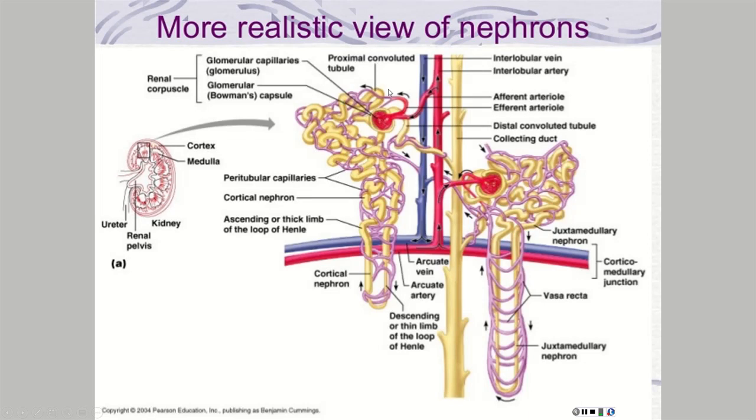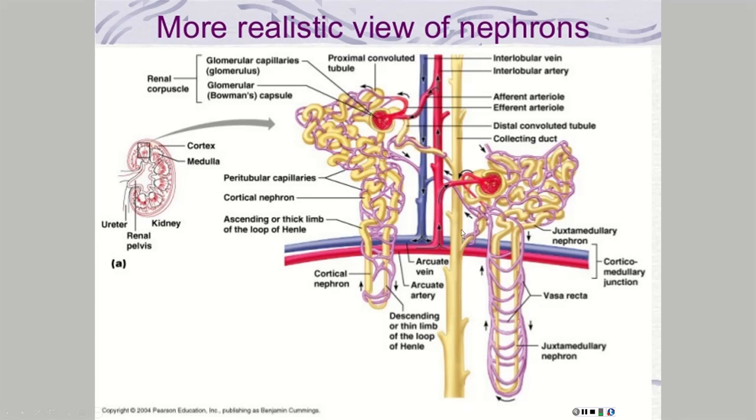But we can see not only are these capillaries completely surrounding the nephrons, there's actually a little bit of space in between the tubules and the capillaries. So when we are, for example, reabsorbing something, yes, it does go from the filtrate that's inside the tubules into the blood. But a more realistic way to say that is substances move from the filtrate inside the tubules into the interstitium, the area just in between cells. And then from the interstitium, it moves into the blood.